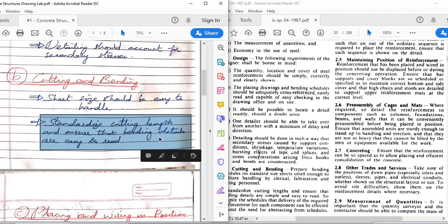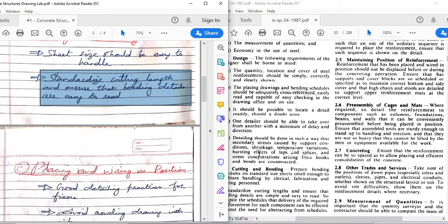We know that we will be showing many cut lengths when following the procedure of curtailment, or even in slab detailing, where you extend the top bar only up to a certain length where the negative reinforcement is. So in many places we have to show the length of the bar. As much as possible we'll try to standardize the length such that it is easy to read.